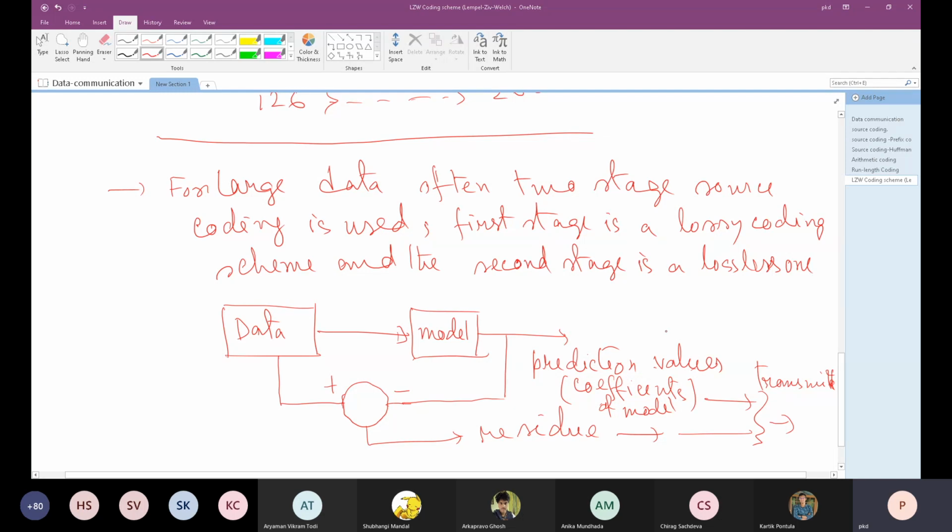With that, we conclude our discussion on source coding. There are numerous coding schemes available for various kinds of data. Once our source coding is over, then we will be dealing with transform